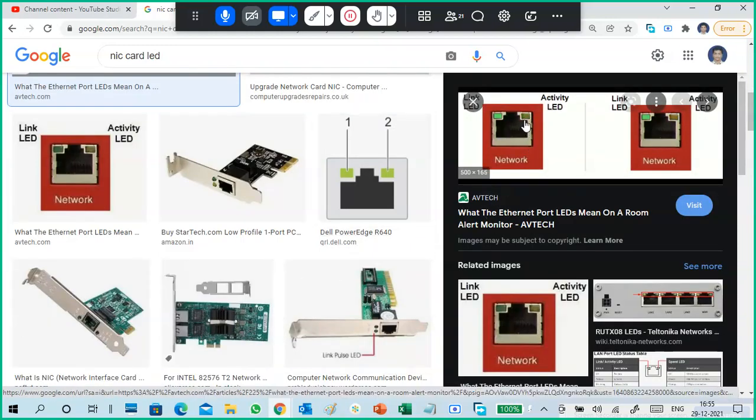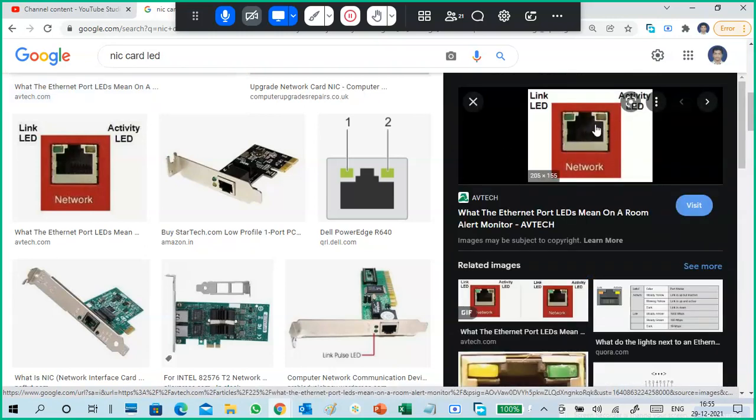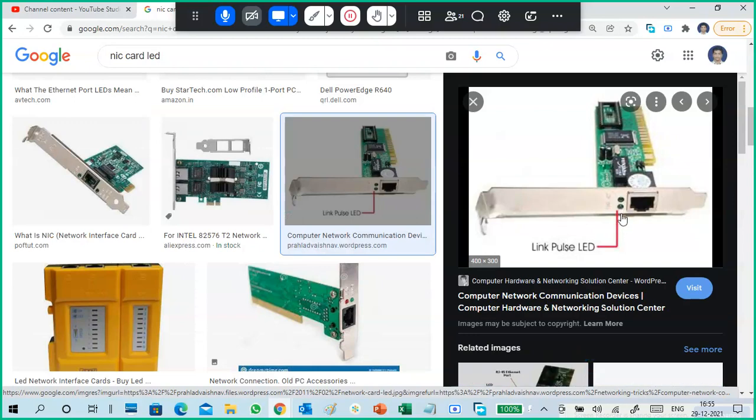So green blinking means connectivity is up. Yellow blinking is also up. Steady yellow, dark. Green means 100 Mbps speed communication is there. Nothing, see, here it is fully dark. No colors means there is a connection issue, or maybe it is disabled or there is no connection. Okay, these are the LEDs.